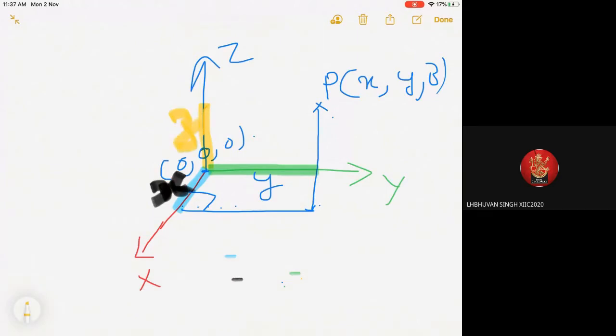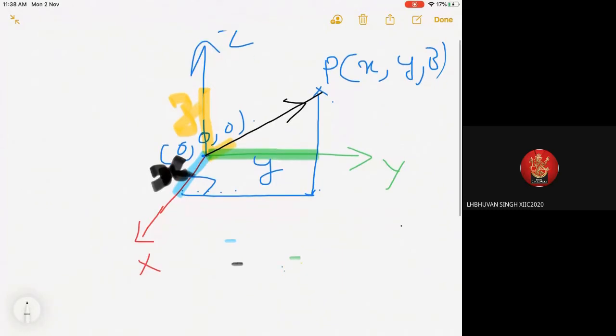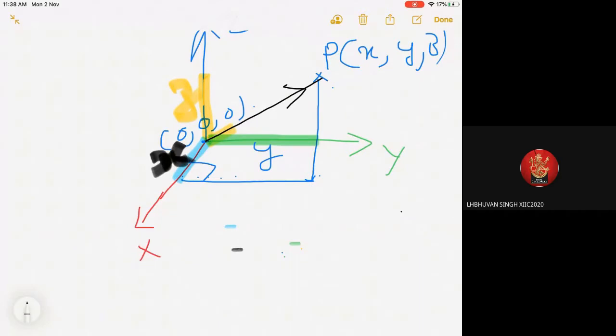Now what you are going to do is take a directed vector from the origin to this point P. Why are we taking the vector? The same 3D geometry we are going to learn with the help of vector algebra. You have become familiar with the concept through analytical geometry. Now we will consider both concepts together and proceed.